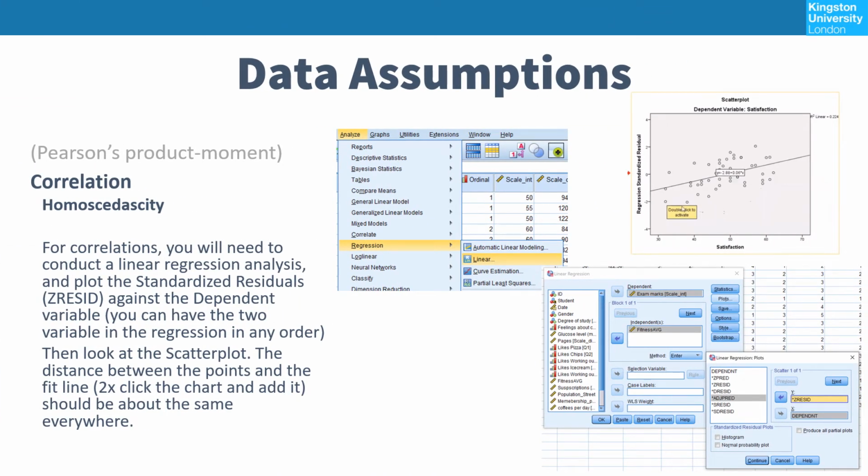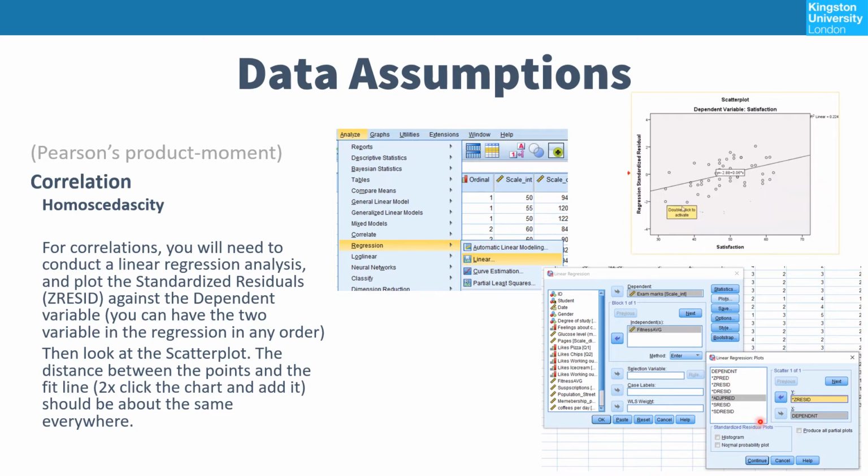For homoscedasticity, the way to test the assumption is a bit more difficult, but following these steps, you should have no issues. You would go to Analyze, Regression, and Linear Regression because, yes, the way to analyze if your data is homoscedastic is to actually run a regression on the two variables that you're interested in. In here, you'll be able to select one of the variables to put in the dependent column and the other variable to put in the independent column. Next, you would click on